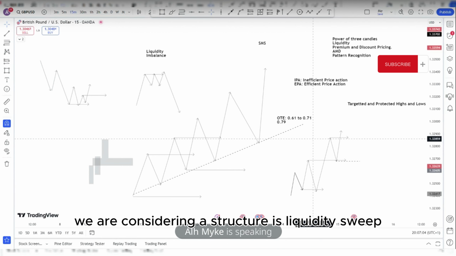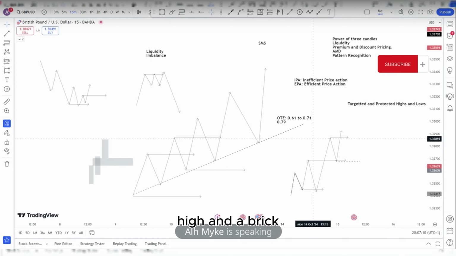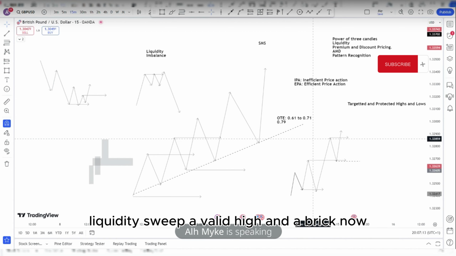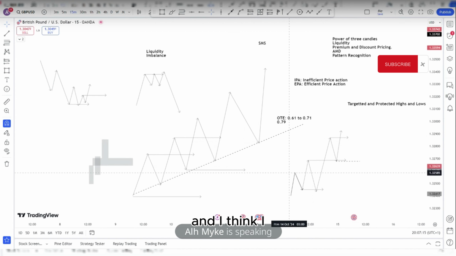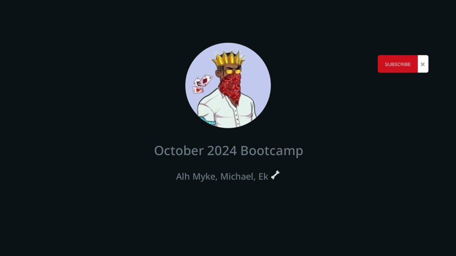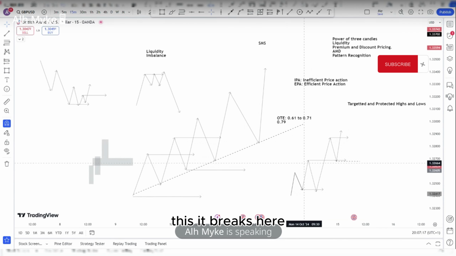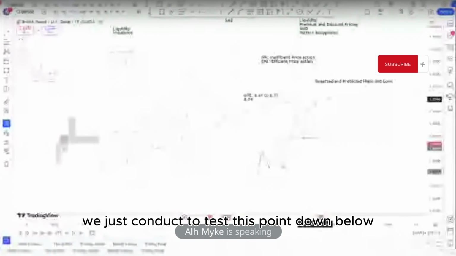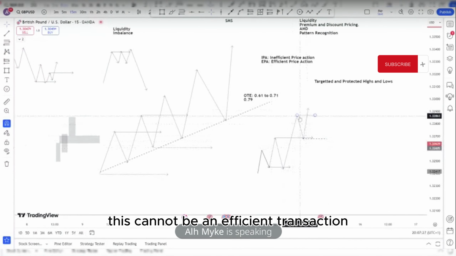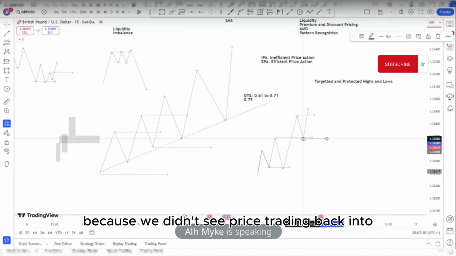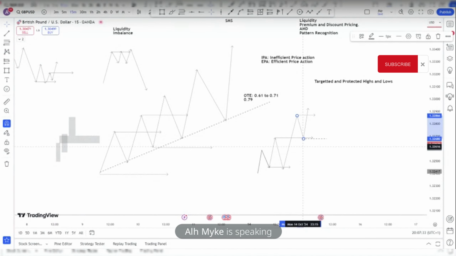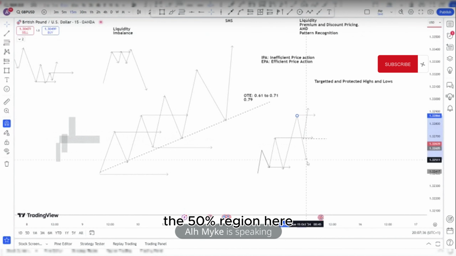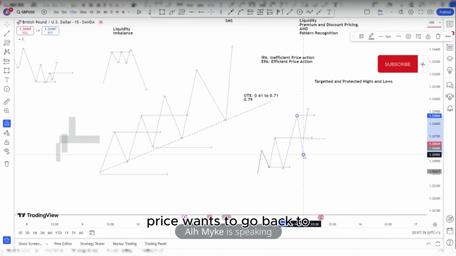And now for structure, what we are considering a structure is a liquidity sweep, a valid high, and a break. Now, when you see something like this, it breaks here and it just comes back to test this point and goes up. This cannot be an efficient price action because we didn't see price trading back into the 50% region here. The price wants to come back to fill at least 50% before the correction is over. And once you don't get that, it means